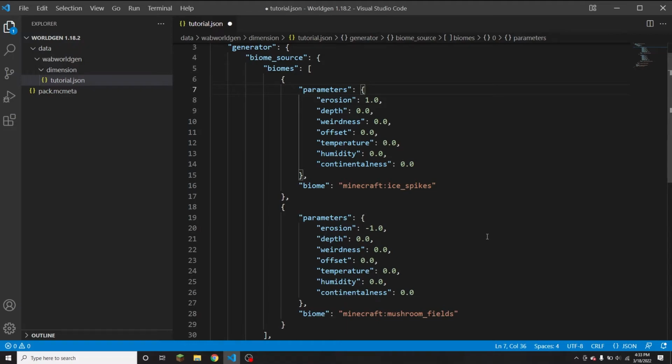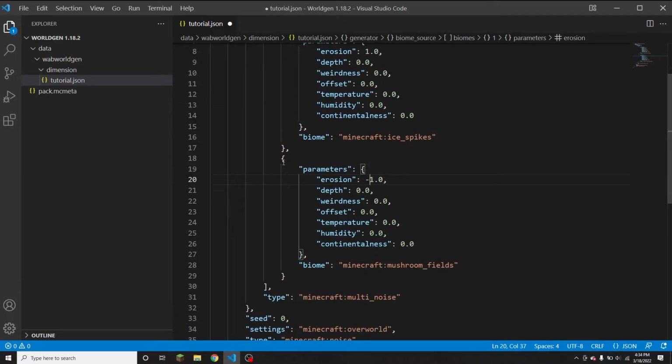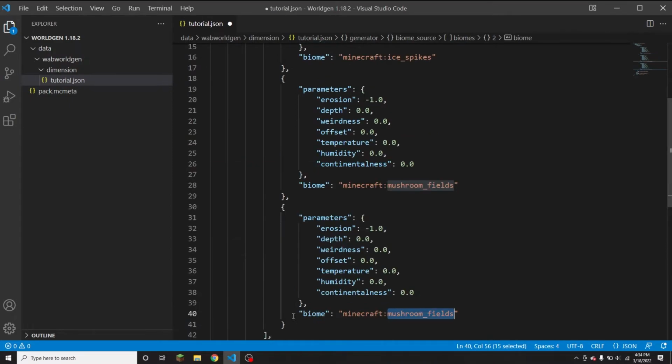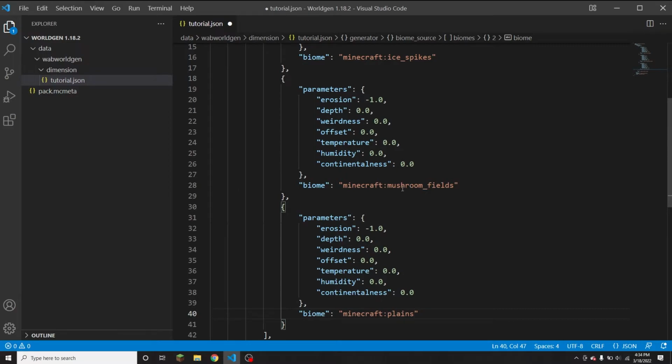And so the way the game works is it generates 6 different noise maps. One for erosion, weirdness, temperature, humidity, and continentalness, where the black and white parts are in different places. So say that I now get another biome. So let's just make this the plains, and let's say it has the same erosion as the mushroom fields. So I want it to generate in the same place as the mushroom fields, except,